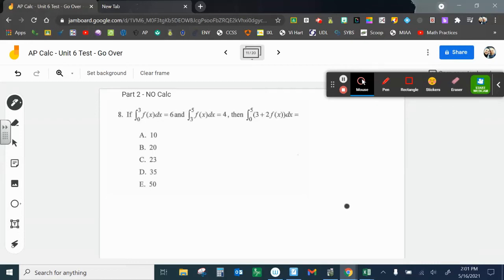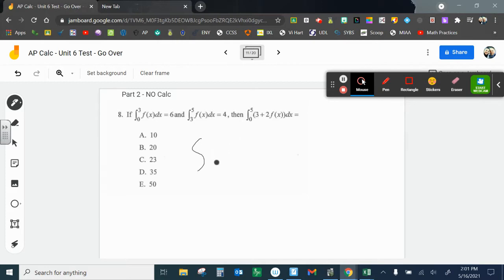Okay, Unit 6 test, Part 2. This is no calculator. So let's take a look at number 8. They tell us the integral from 0 to 3 is 6, and the integral from 3 to 5 is 4. And now they're asking us to find out what this is. So when I go through,